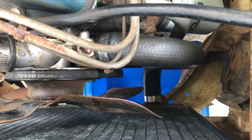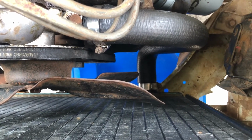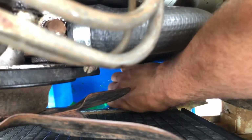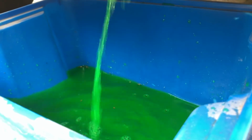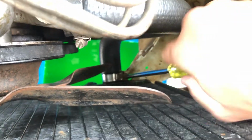As you can see, I've put a tub below the car so we can collect the coolant that's in it, just from an environmental perspective. We don't want it draining out on the street. And then it's really a matter of simply removing that bottom hose. I recommend doing it when it's not overly hot so that you don't burn yourself. So with the cooling system now drained, it's simply a matter of popping that bottom radiator hose back on